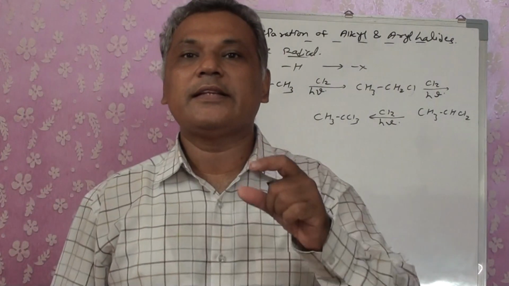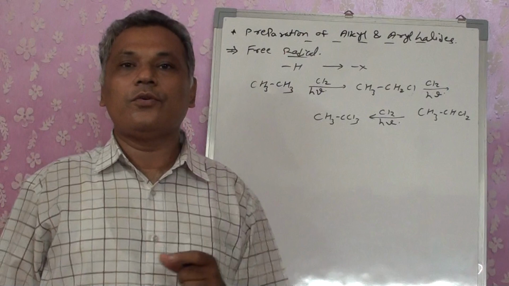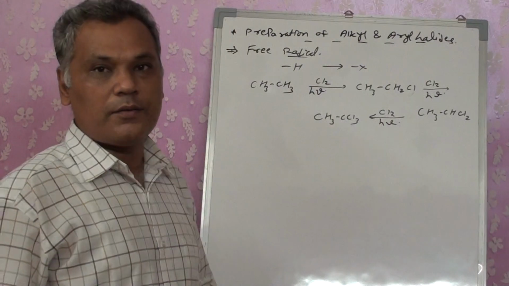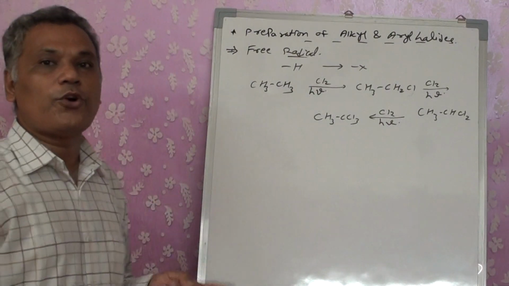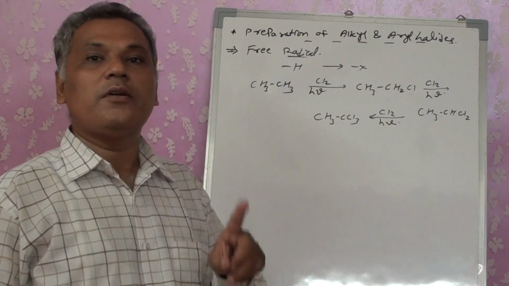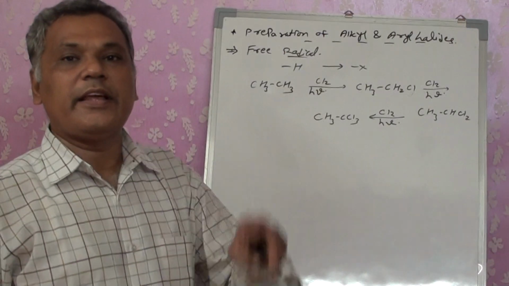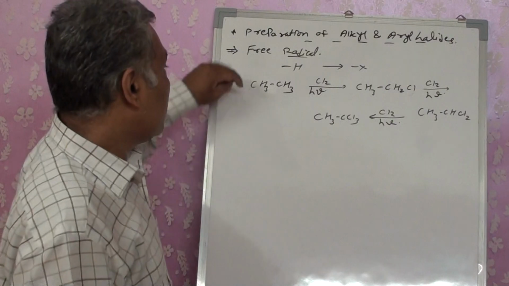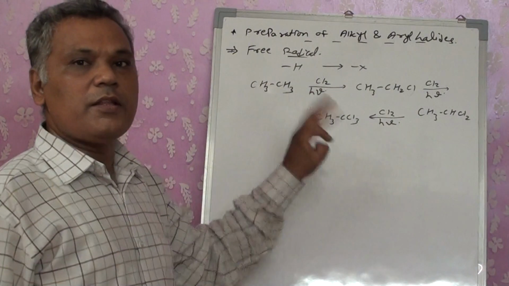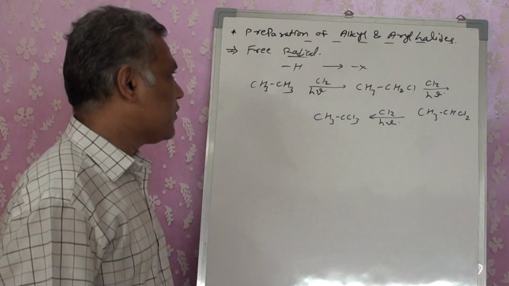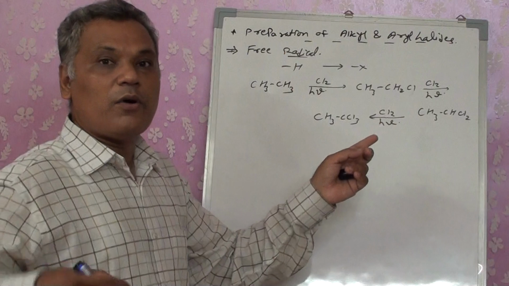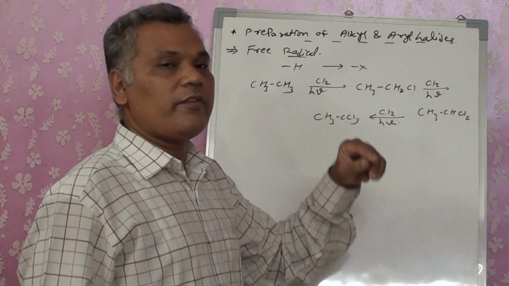Why can't I? So here there is a specific rule, named Saytzeff's rule. This rule says that you can't replace hydrogen from anywhere. You have to replace the hydrogen from those carbons which have a lesser number of hydrogens. That means from the tertiary carbon first, then from the secondary, and then from the primary. So here both of them are primary. First of all we replace it, maybe either of them, because both carbons have the same number of hydrogens and both are primary. So you can replace from either. But now after that what happens? This is having 2 hydrogens, this is having 3 hydrogens.